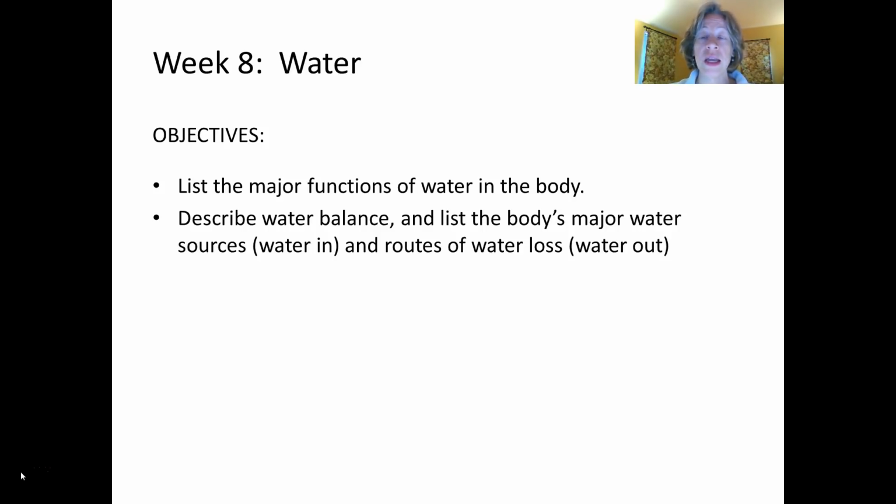The 3 components in include beverages, including water, but other beverages as well. Foods, we get water from our foods. Certainly fruits and vegetables are high in water, but you also find some water even in pizza. It's 50% water, but the higher the fat content of the food, the lower the water content of that food. So oils have no water, cheeses have very little water, but a lot of foods provide a substantial amount of